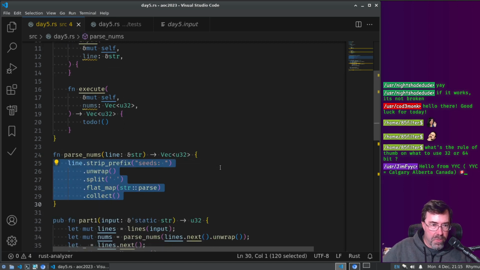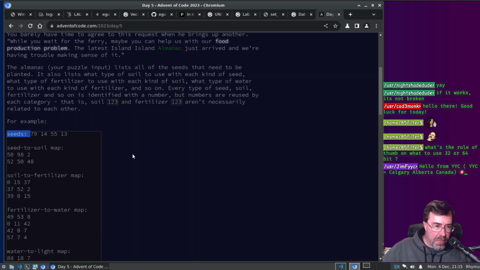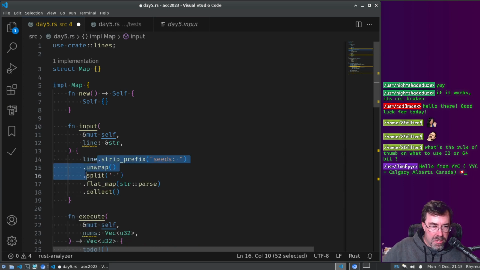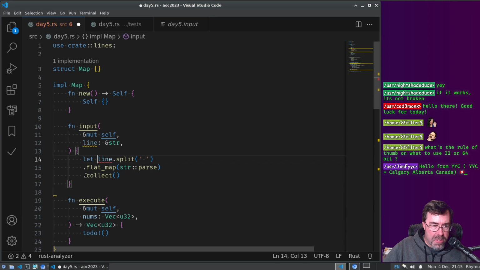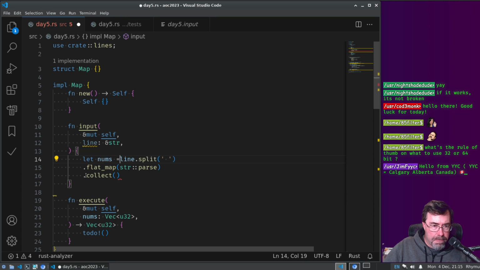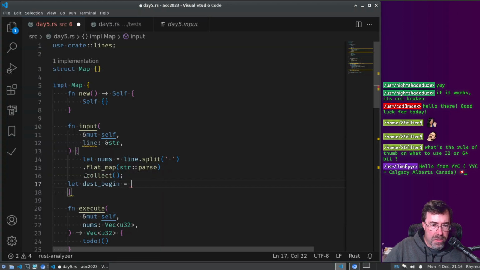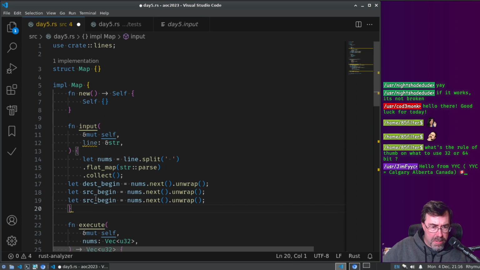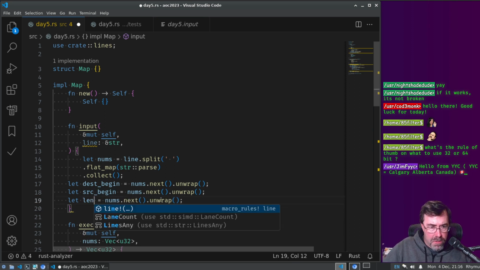So that's one. Okay, we're going to do a similar thing when we do input, right? For that one, I don't need to strip the prefix, do I? So that is just a split. And these are nums, and there's 3 of them, right? So that's the destination beginning equals nums next unwrap. And there's source beginning and the length, right?